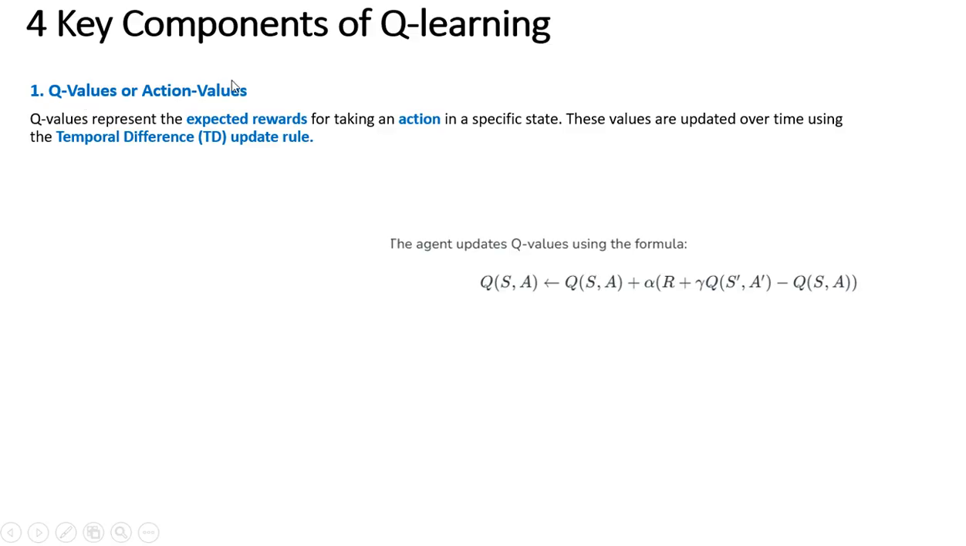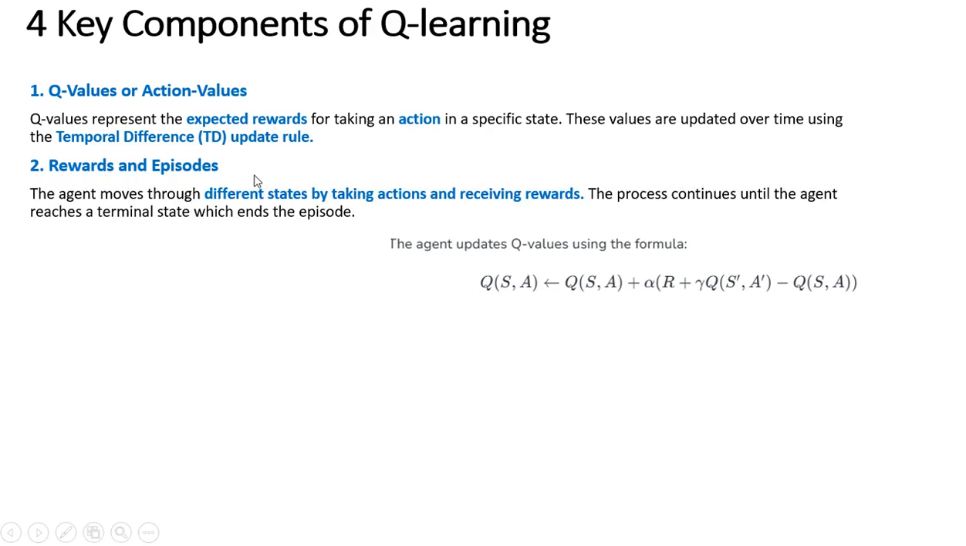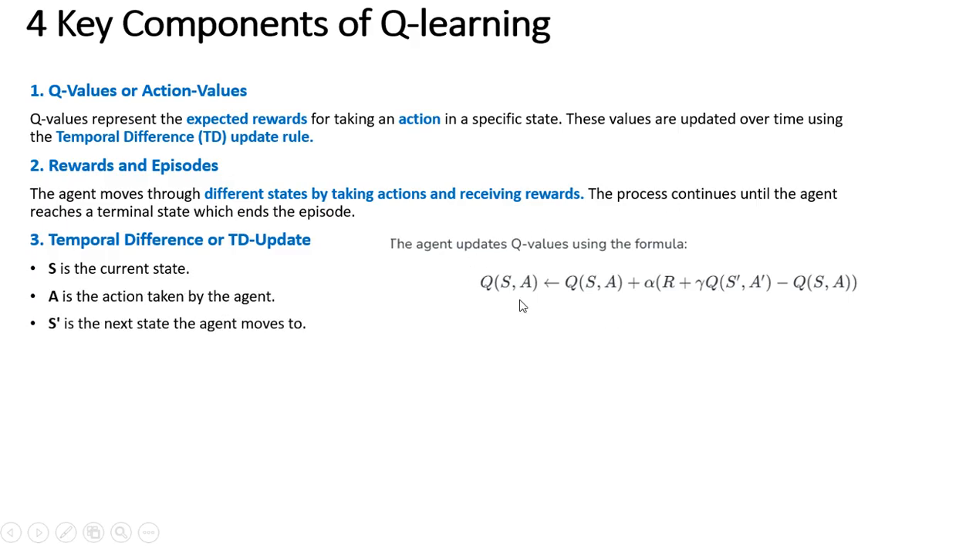You have something called Q values, which represent the rewards for taking an action. You have rewards and episodes. The agent will move from one state to another state by taking actions and receiving the reward. Then there is temporal difference, or TD, where the agent updates the Q value using this formula: Q(S,A) = Q(S,A) + alpha * [R + gamma * Q(S',A') - Q(S,A)],